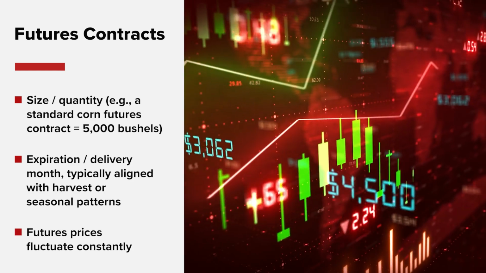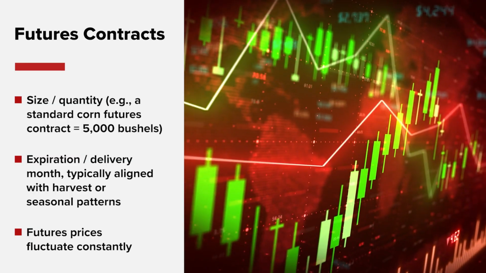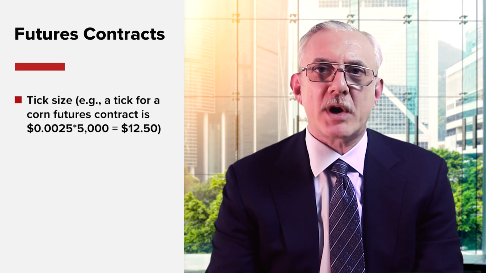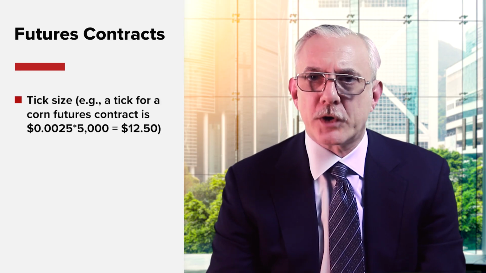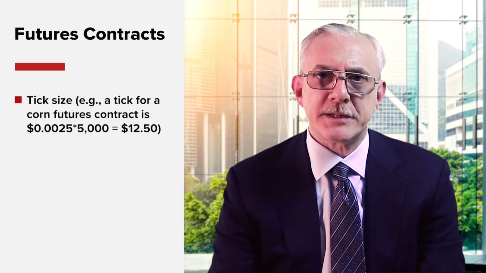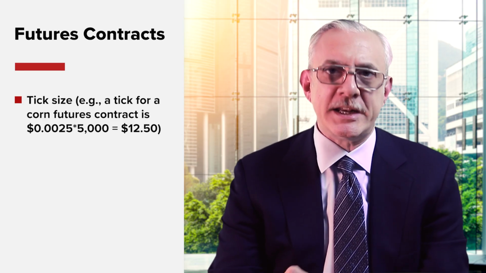In terms of price, futures prices fluctuate constantly based on market supply and demand dynamics. The futures contract may also specify tick size, reflecting the smallest price movement a contract can make, where each tick has a corresponding dollar value. For example, for corn futures, one tick is typically 1/4 cent per bushel, or $12.50 per contract, since each contract